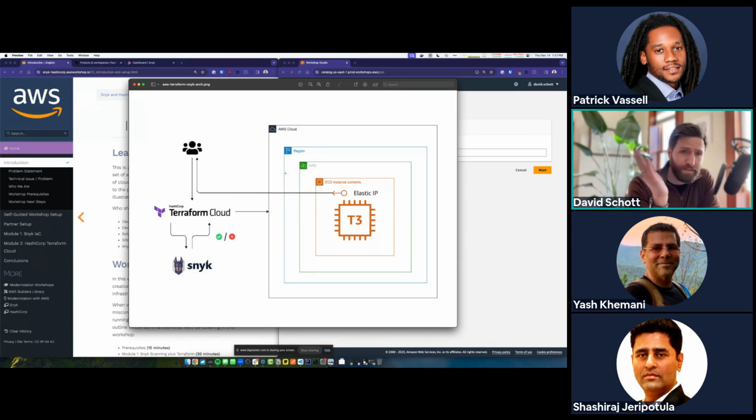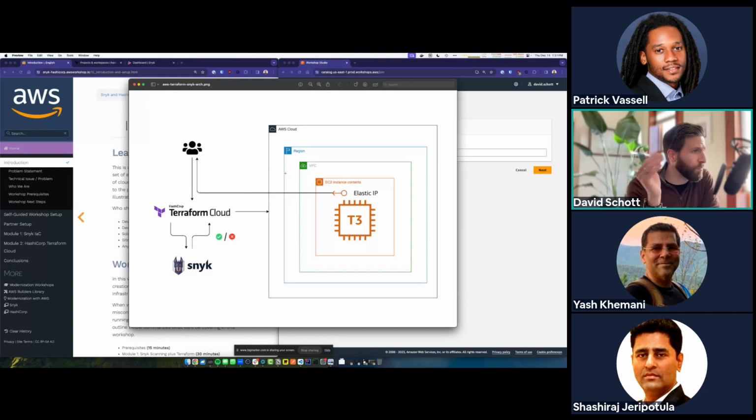And while it seems simple, there's a lot of things that we need to think about with this infrastructure, because these virtual machines that we're deploying have network considerations that we need to be making, data considerations, things like encryption. So we're going to be looking at all of those areas during this event. So again, we're going to be deploying this infrastructure using Terraform. We're of course going to be using Snyk to take a look at any security issues in this infrastructure and use Snyk to help remediate those.